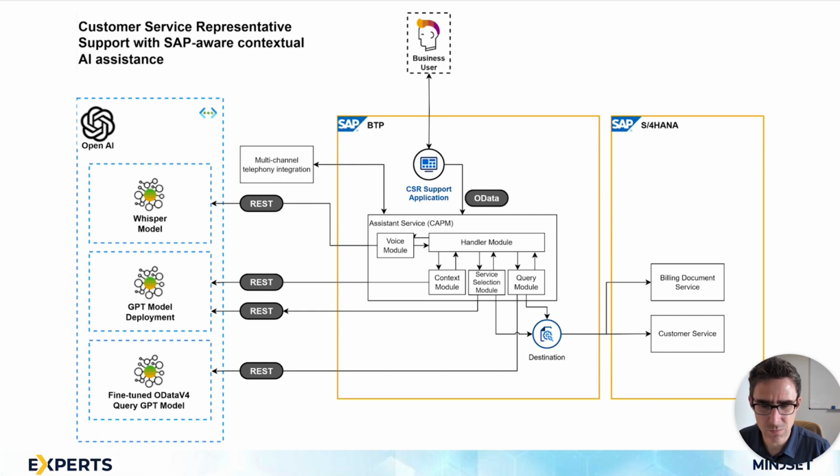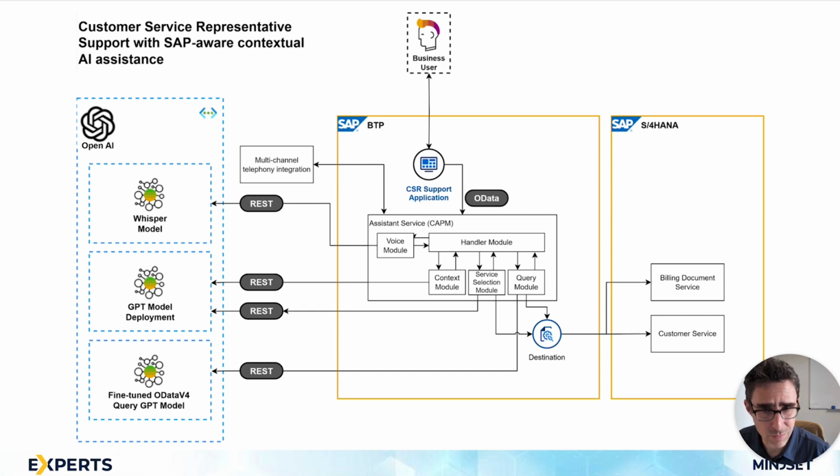We would have the context module, yes, that's super important to set the context, but we would also build the ability to dynamically select the service that we will call to satisfy that context query from a predefined menu of services that we know are available in our system. So we would build a service selection module, and we would use GPT by feeding it a list of services and descriptions of those services and the user's question and context, and we would ask GPT to select the service that it thinks should be used.